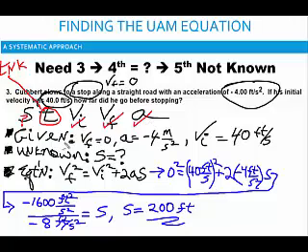The givens are final velocity is 0. He came to a stop. The acceleration is -4 feet per second per second. The initial velocity is 40 feet per second. The unknown is the displacement. The fifth not known, or the equation that will work in this case, is the time not known equation. We write that down. Final velocity squared is the initial velocity squared plus twice the acceleration times the displacement. We substitute in, we solve, and we get the displacement was a positive 200